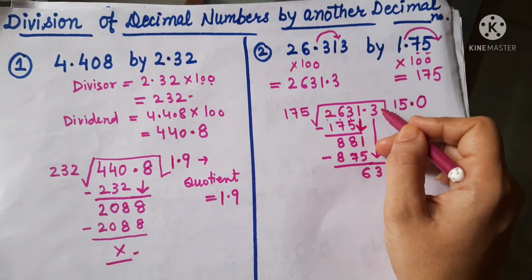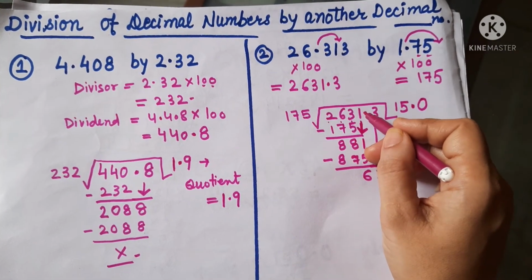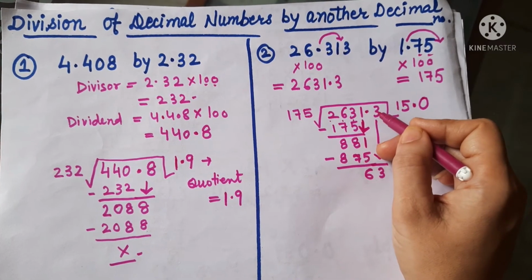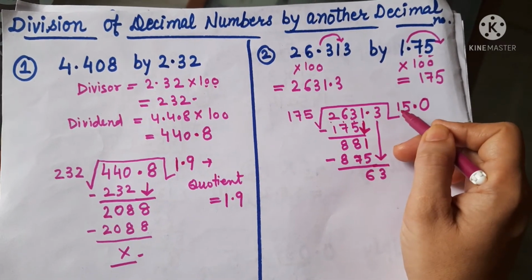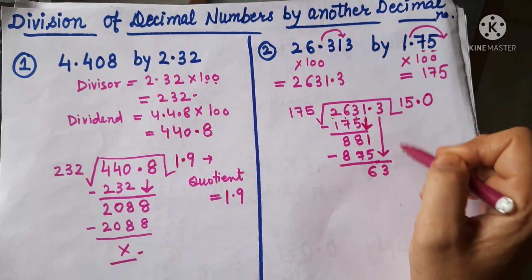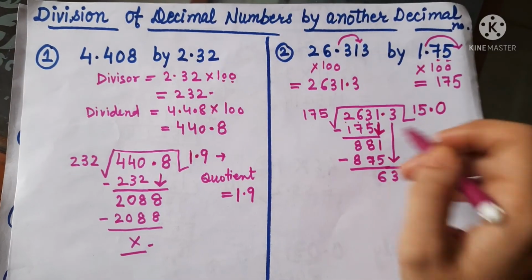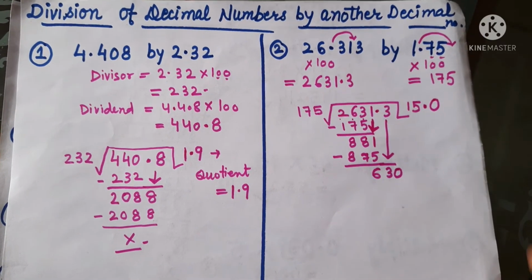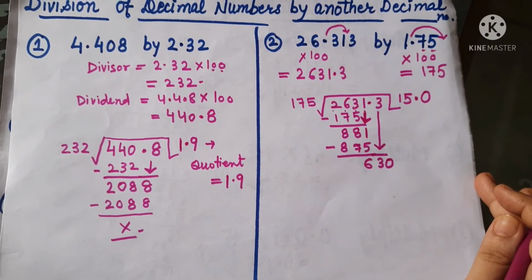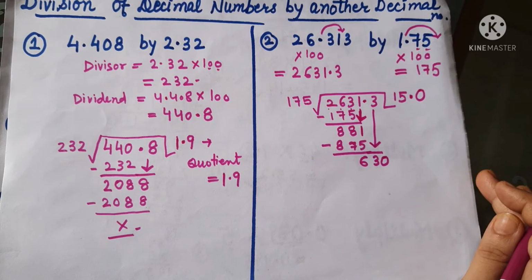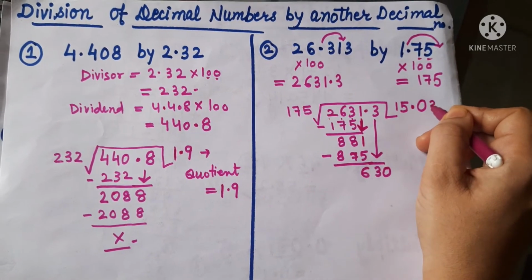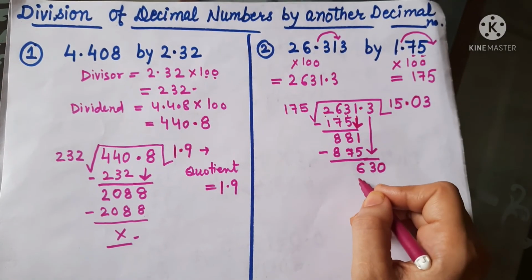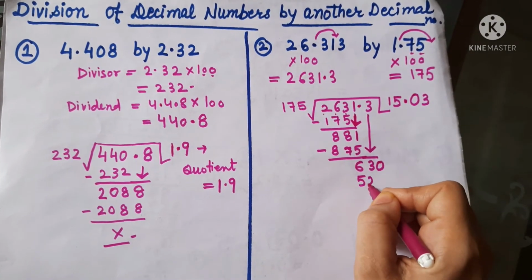But we don't have any next number here. But in the decimal, we have a lot of numbers behind that, because after the decimal 3 and 30 are the same number. Means we can take the zeros from here. So we will mark the number 0 here. Now let's see on which number it will go. It will go, I think, with number 3. You have to do the multiplication and try to find out on which number it will go.